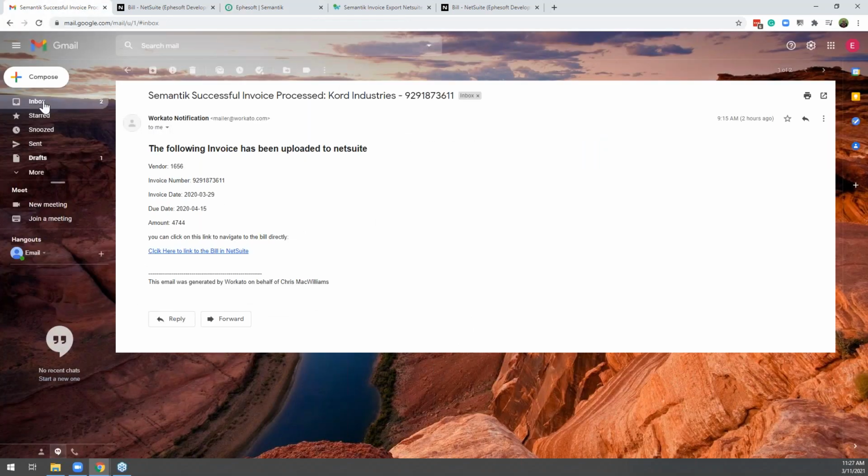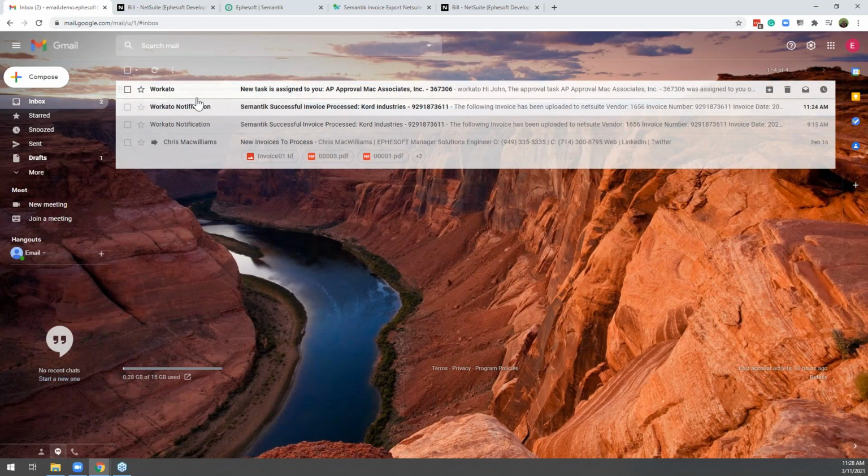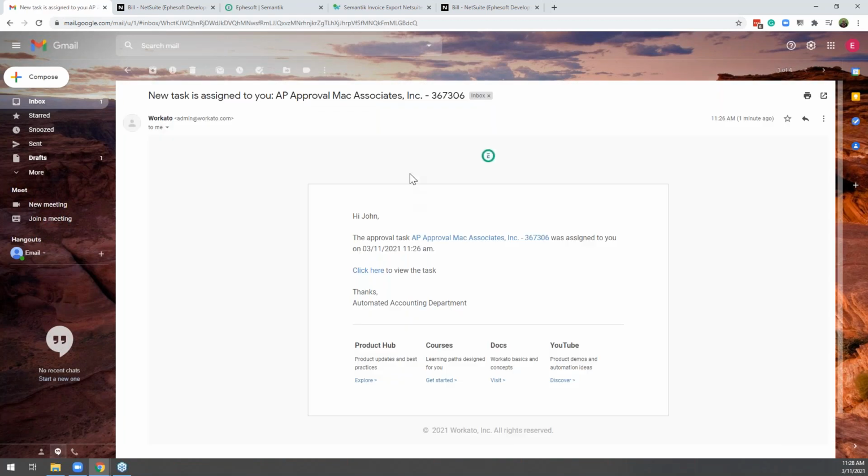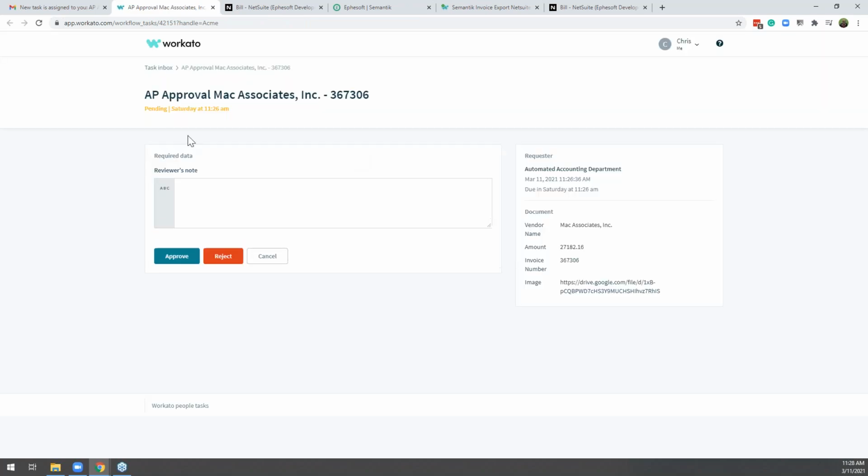One of those invoices will actually schedule or trigger a people task. I have a rule inside my Workato recipe that says, based on this amount, trigger an AP approval task. This is a people task where you can come in, click on the values, and go to the approval task and approve or reject it. It's a really nice capability of the two products.